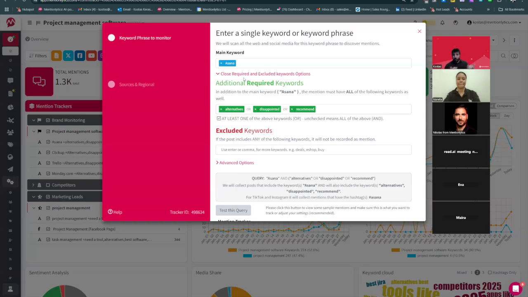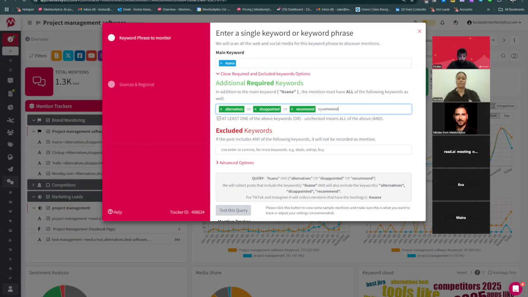We can try something simple like Asana, but this will bring us a lot of ads. They're going to bring us a lot of discussions around specific features, etc. But this is not why we're here today. Today is primarily for us to be able to identify feedback, what they say about this brand, and where they're looking for alternative solutions. So people, when they search for Asana, they're going to search for something like Asana alternative. They're going to post somewhere, they say, I'm using Asana, but I'm also looking for some alternatives, or I'm currently disappointed with Asana. I'm looking to switch. I'm looking for another solution, and also recommendations.